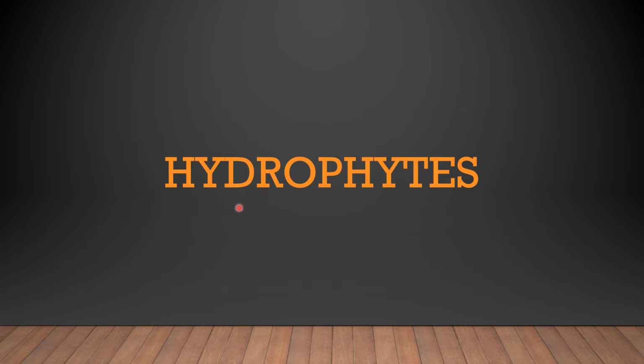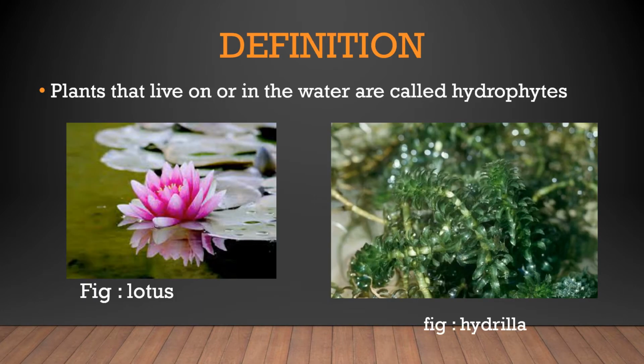Today we are going to start a new topic, that is hydrophytes. Hydrophytes are mainly plants that can live on or inside the water. You know that hydro means water, so these are a specific type of plants that have the ability to live in or on the water. But along with their living, they have to adjust to their surroundings. As their surrounding is always water, they should have a special type of mechanism so that they can easily live